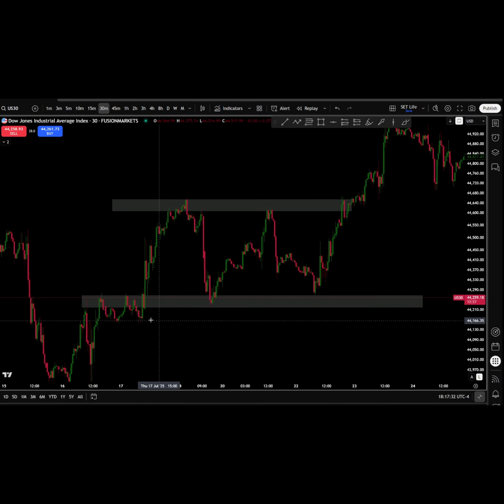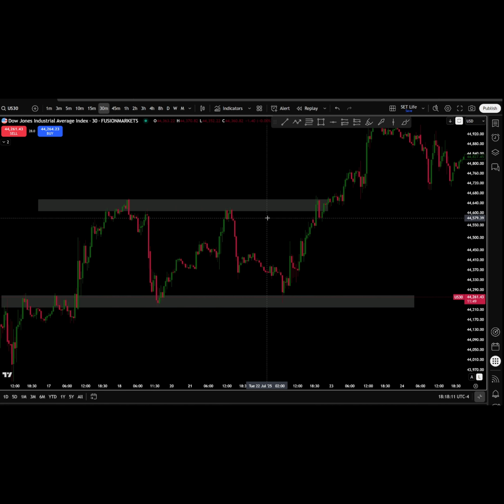Now we will remove this. As we talked about in the range, after 2 touches at least, we will know to get in on the 3rd touch. So right here, we can count this as the first touch. We don't know it's a range yet. Over here, this is the first touch in the support, first touch in the resistance, second touch in the support, second touch in the resistance. Now we could count this as a touch, this as a touch, this as a touch also. So the next ones we can come in. So this is the second touch in the support, so we will not touch it. We will take this, even if we say 1 or 2, as the 3rd touch in the